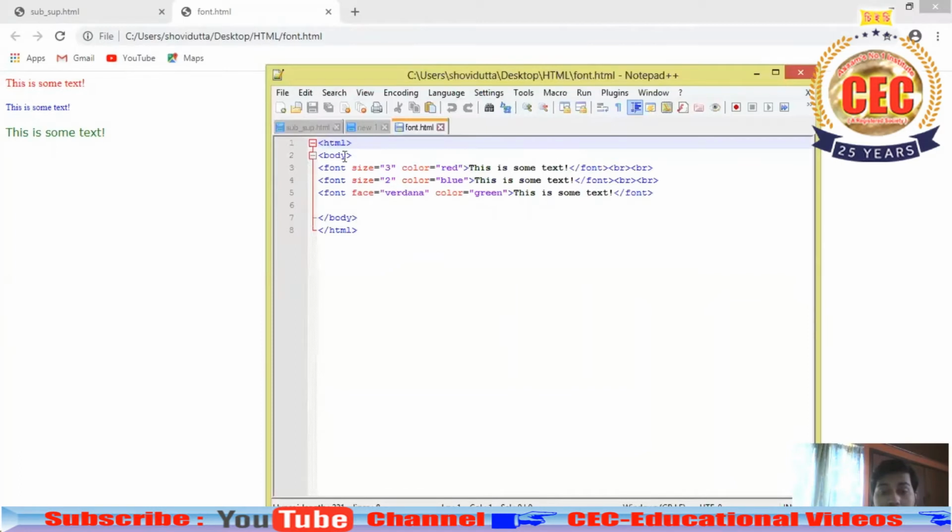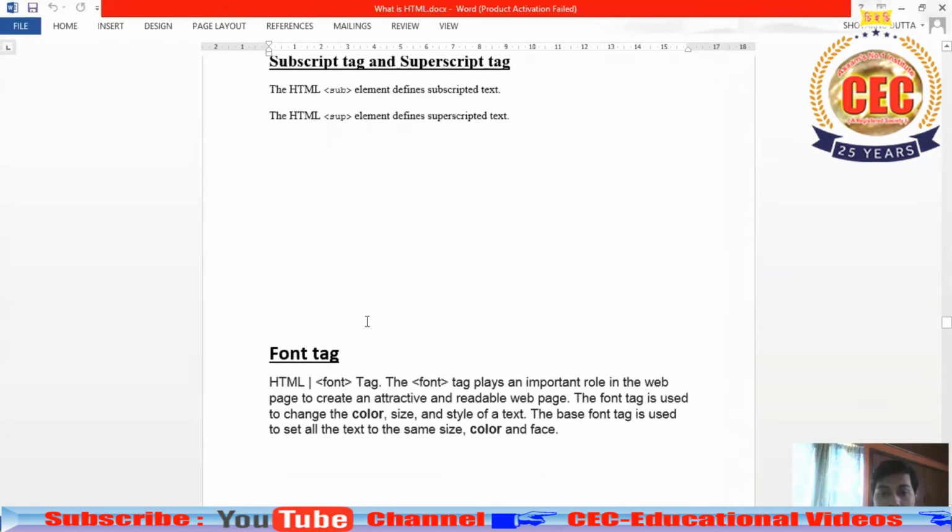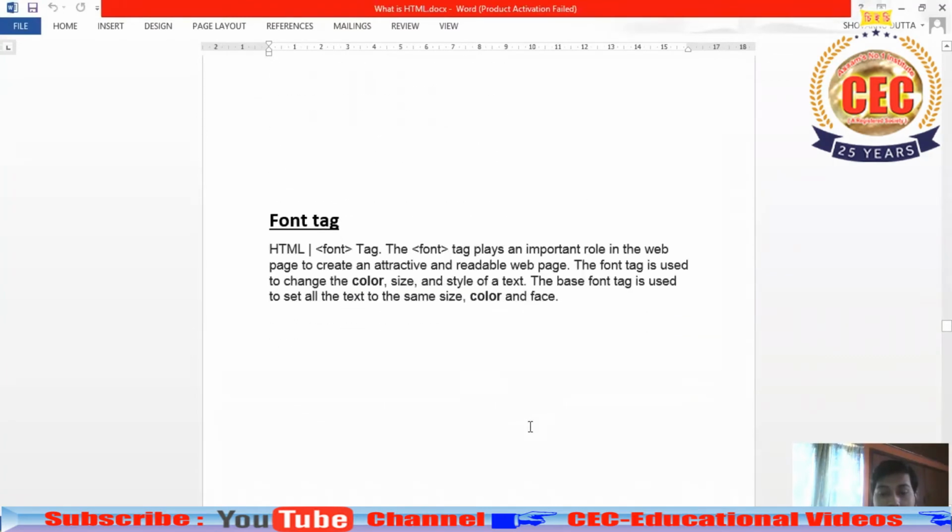And from 5 you have to apply your CSS to color your texts and all. Okay, so that's your font tag. And I have made some definitions. You can pause the video and go through these definitions.